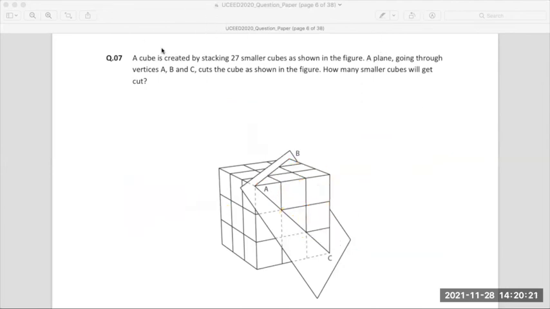Are you clear how 3 plus 2 plus 1 came? So you are clear till the point that 6 came. How did 6 come? You are clear, right? So I will start from there. So 6 are there, which are the edges that will be cutting. Now, what happens is if I draw it from the top, I'm right now drawing this box from the top.